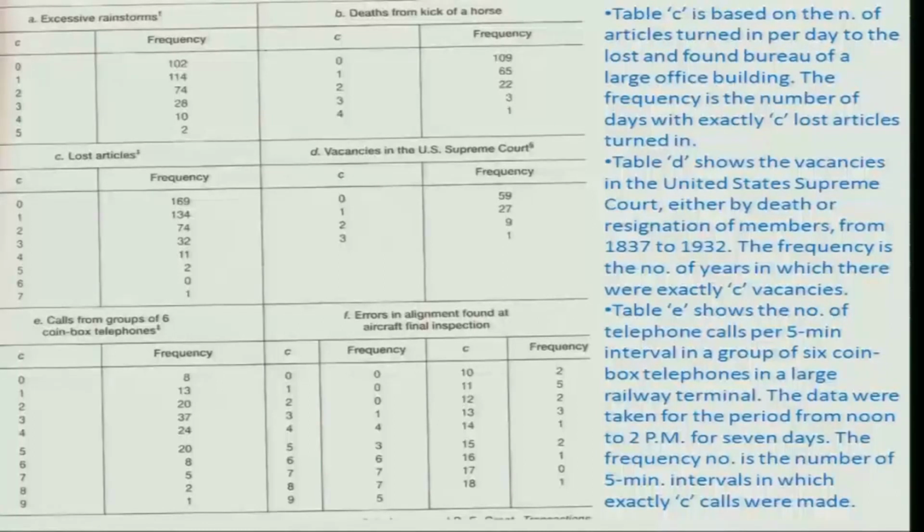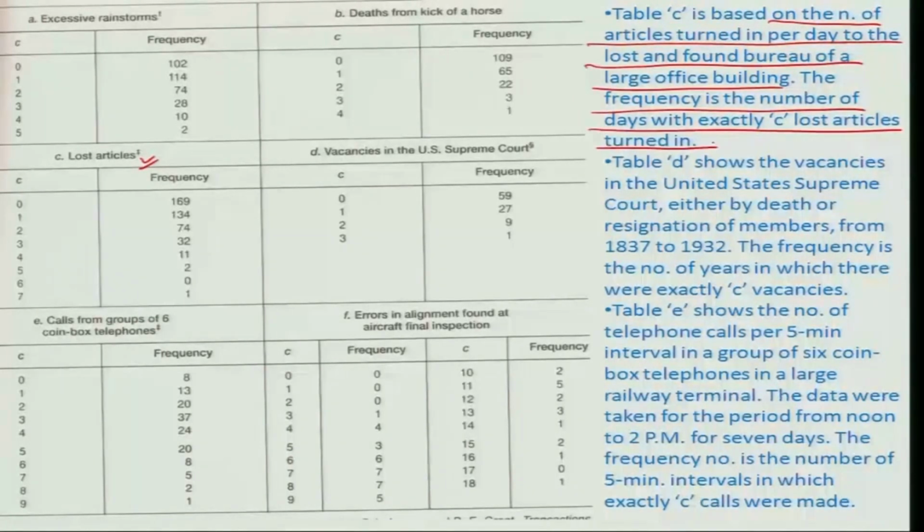Okay. Similarly, you can have the table C of lost articles, which is based on the number of articles turned in per day to a lost and found bureau of a large office building. And the frequency is the number of days with exactly C lost articles turned in. So what it means is that if supposing there are a certain number of articles turned in per day to a lost and found bureau, for a certain period of time, maybe let us say it is a month's time or